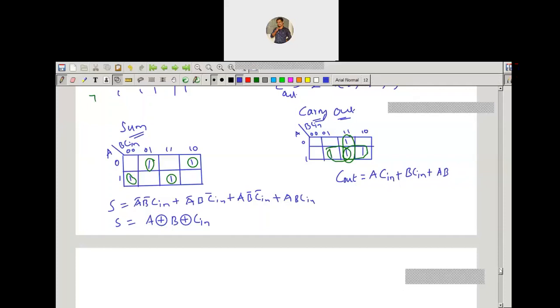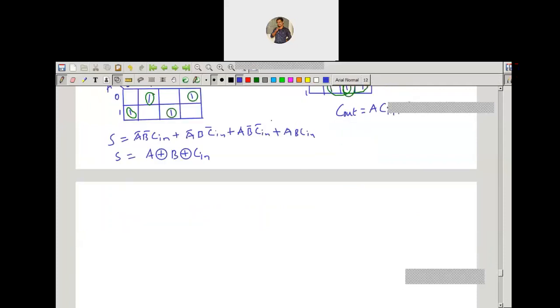Now let us go for the logic diagram for sum and carry. We have 3 inputs, so let me take 3 inputs: A, B, Cin.